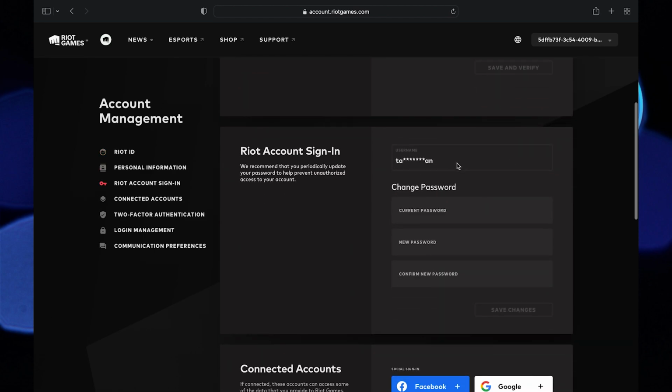From here, you can change your username. You can also change your password. Then click on Save Changes. This is how you can change your Riot